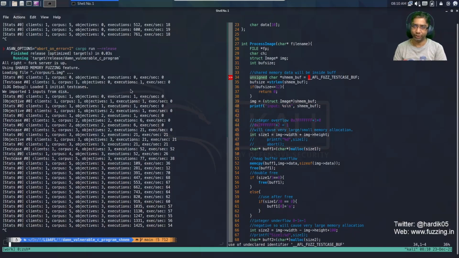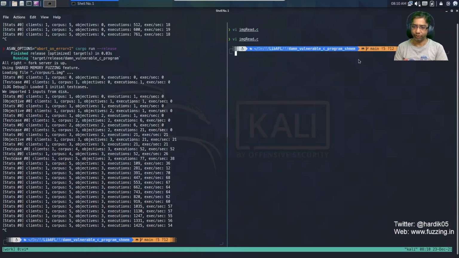You can generate one executable and feed these crashes to it and replicate the crash. So what we can do over here is use our imgread.c program. We will compile that and try to replicate this crash.